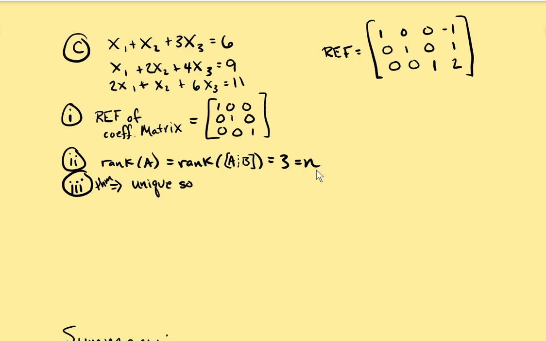So let's find it. Well, this is easy. We've already got the REF form of the augmented matrix. We know how to unpack this and write the solution of the system. It's very simple. x1 equals that first entry in the right column, x2 equals 1, and x3 equals 2. Right? That's our solution, but that also gives us the answer to part 4, where we want to write the right-hand side